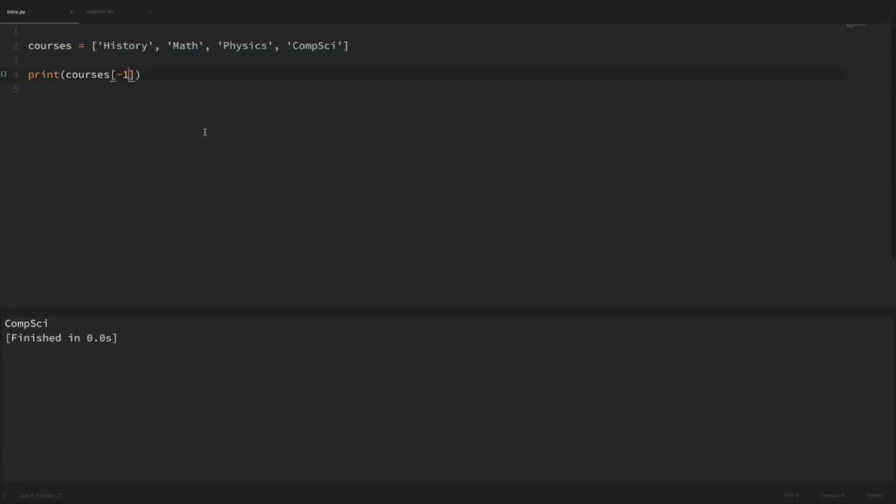It's more convenient a lot of the time using a negative 1 to get the last item because we don't have to worry about what the length of the list is. So for example, if my list grew by 10